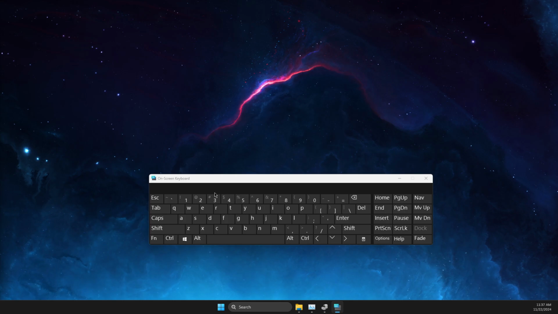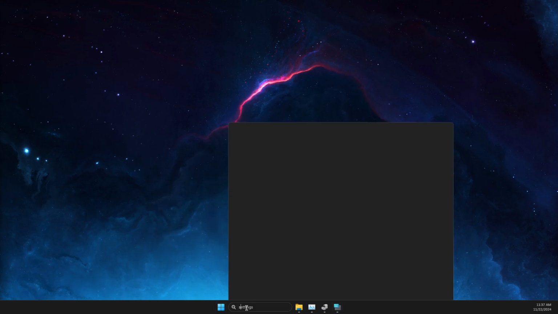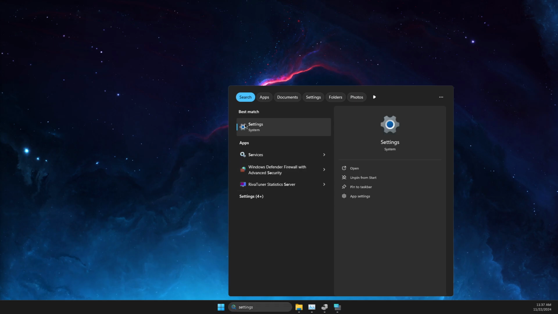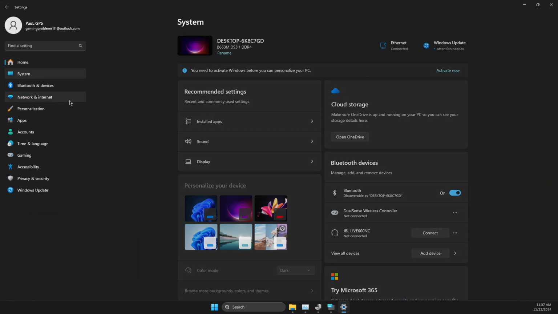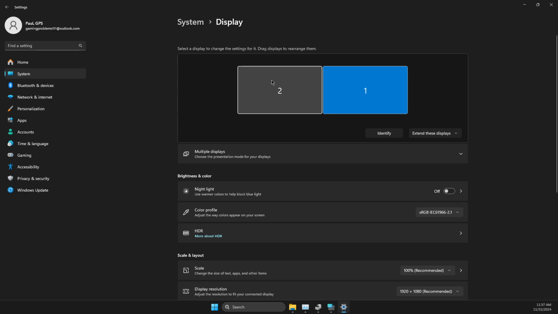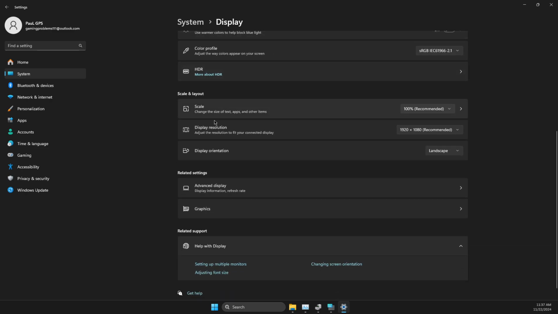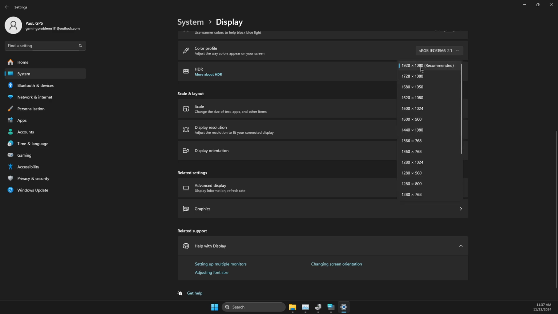If for some reason the hotkey is not working, you can change it manually. What you need to do here, you just need to go to search and then go to settings, open up settings. On settings, you need to go to system, then display, and then here you should see a scale and display resolution. I like to be on recommended. This means my